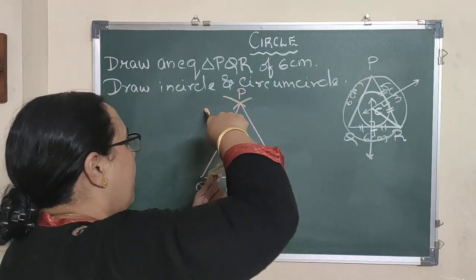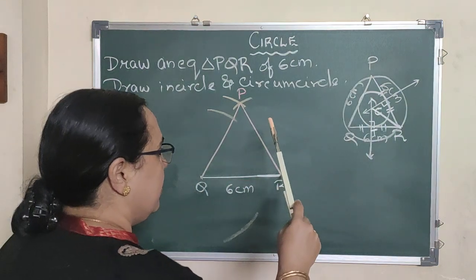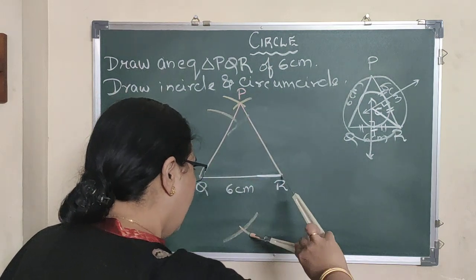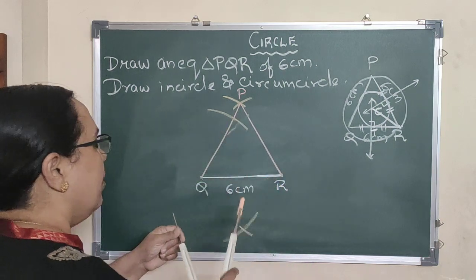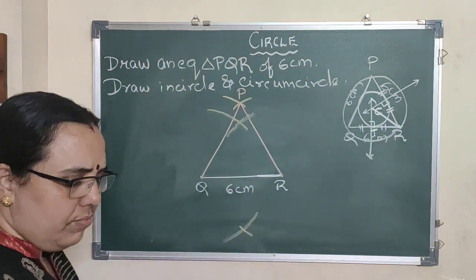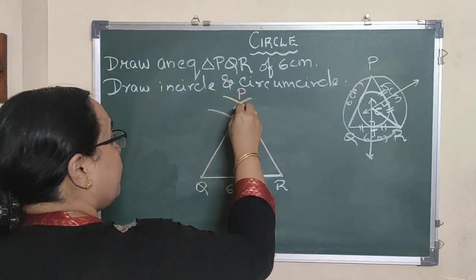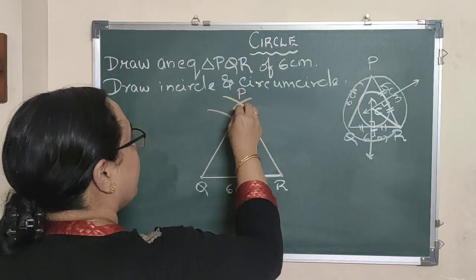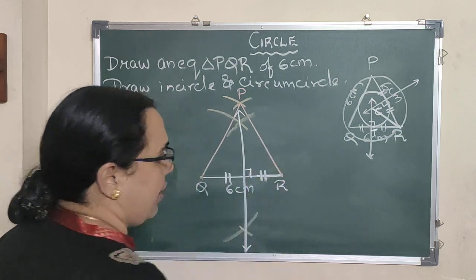So draw an arc above the segment and below the segment. Don't change the distance. Keep it at point R. Cut the arc you have drawn. Here I am falling short, so I draw it once again. Yes, so here I get the common points, and I join a line passing through both common points. So the line goes, and here is the perpendicular bisector of segment QR.